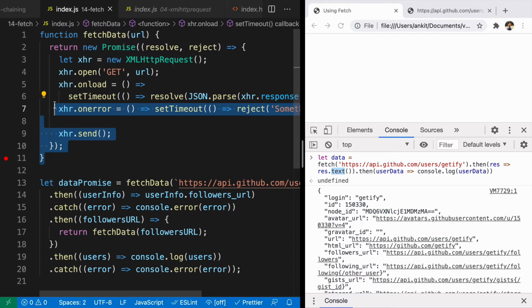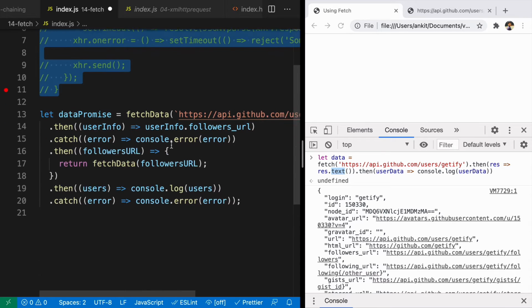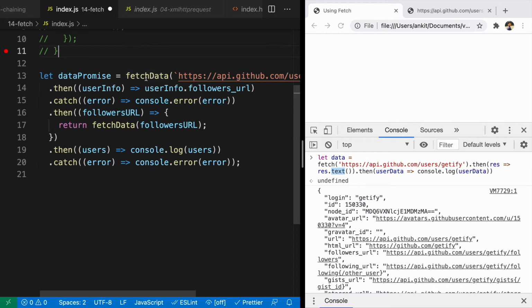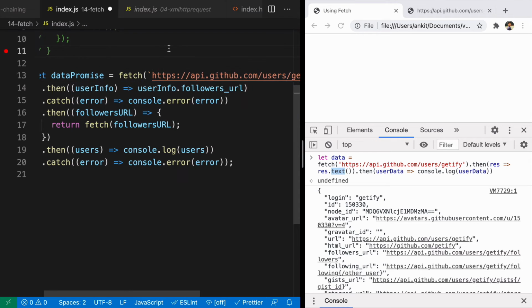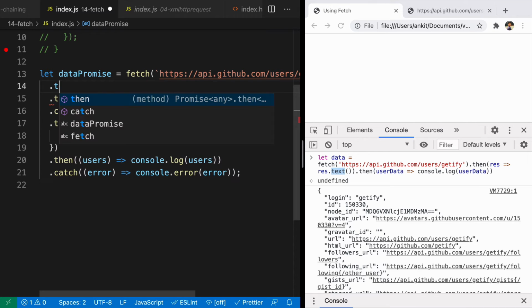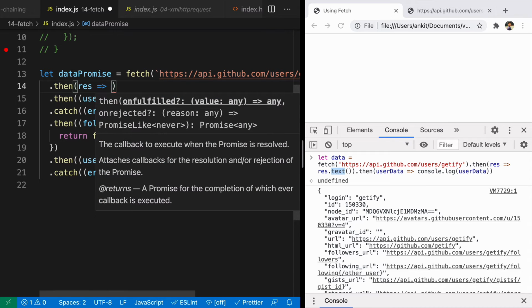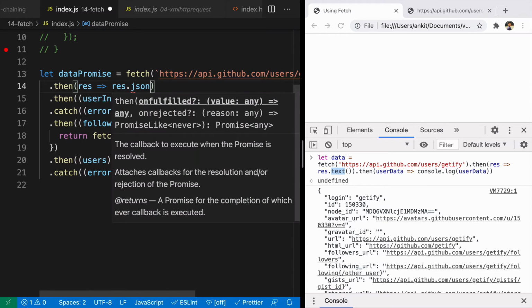And that is the difference between the fetch data that we have created and the fetch method that is present by default in the browser. So now we are going to comment this code that we have written, that is fetch data, and convert this to use the native fetch function. Wherever we are using fetch data, we'll just say fetch. And then here, the first thing you need to do is to convert them into JSON. So it'll be .then, you're getting access to response, convert them into response.json.